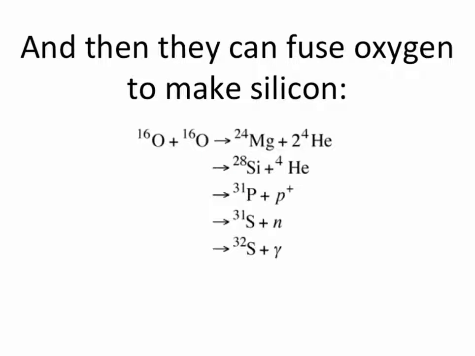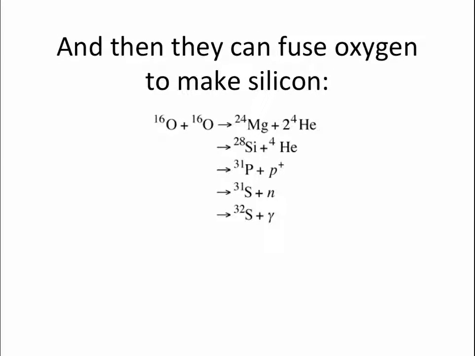Now gravity can then begin to squeeze this oxygen, neon, magnesium down until fusion of it can begin. And for example, oxygen can fuse to make more magnesium, it can fuse to make silicon, it can fuse to make phosphorus, it can fuse to make sulfur. Again, several different things can happen. Meanwhile, neon and magnesium are doing their own fusion, but basically we're making elements up near silicon and sulfur in the periodic table. And again, this releases energy, so the star can power itself until it uses up all the